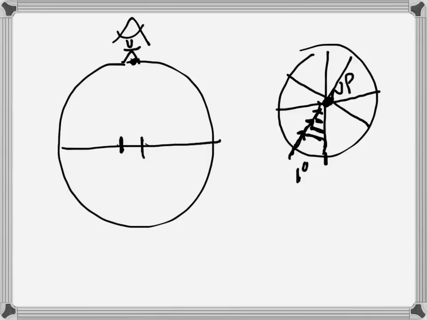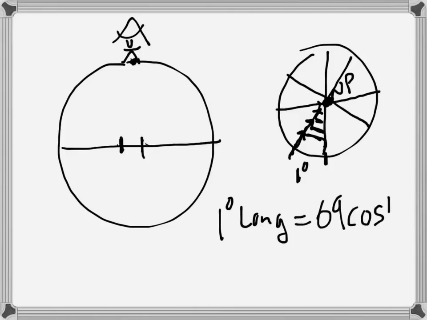So the fact of the matter is, we know that 1 degree of longitude equals 69 times cosine of whatever your latitude is. So if your latitude is at 0 degrees, then 1 degree longitude equals 69 times cosine 0 equals 69. If you're at 90 degrees latitude, then 1 degree longitude equals 69 times cosine 90,